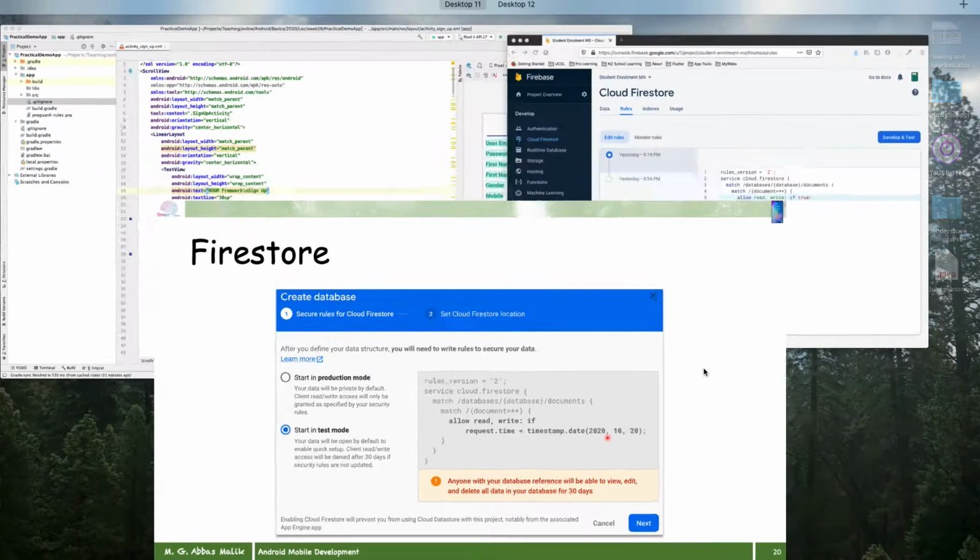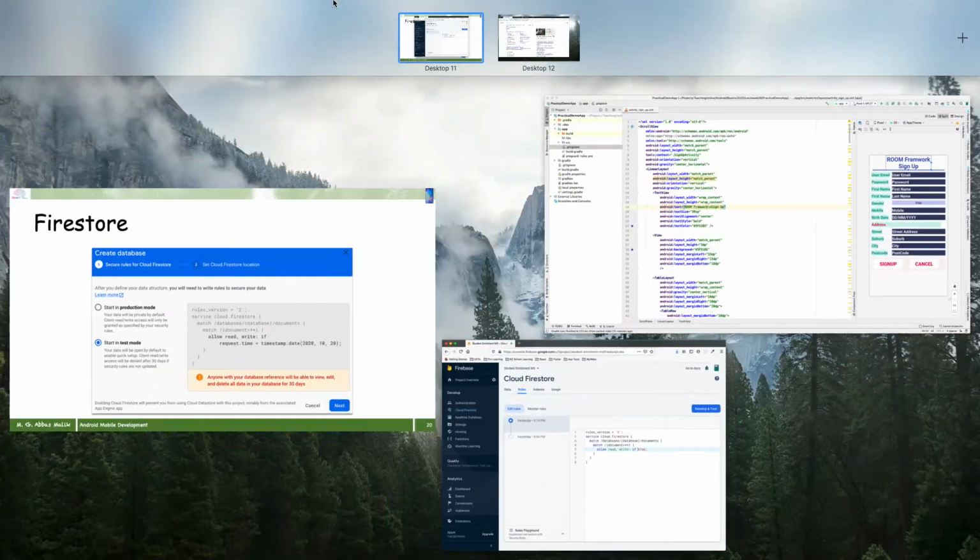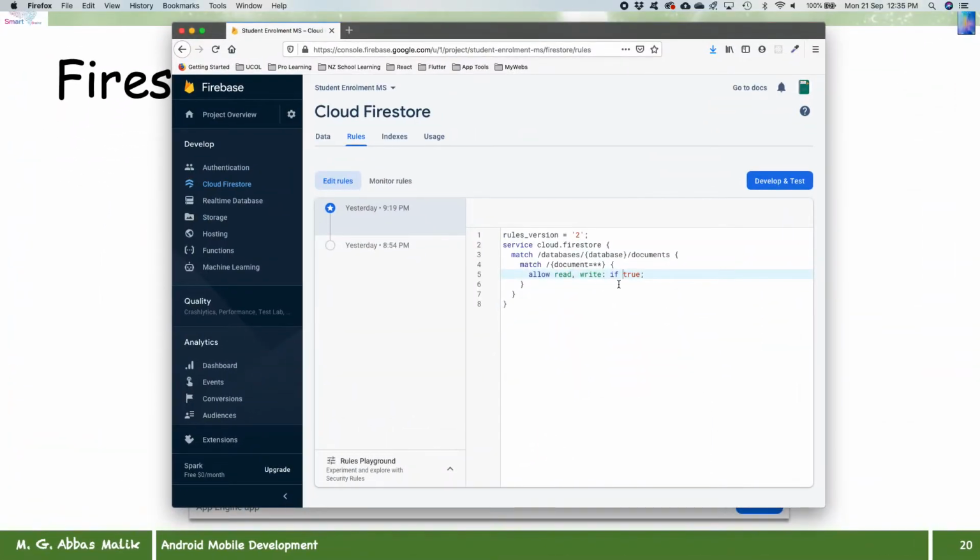So if it is like that, then you need to make sure that we are putting that specific thing here as if true. Okay, so you can say if true, and you can remove that specific next line after the timetable, because otherwise it will be problematic and you will not be able to read and write. But make sure, look at that,